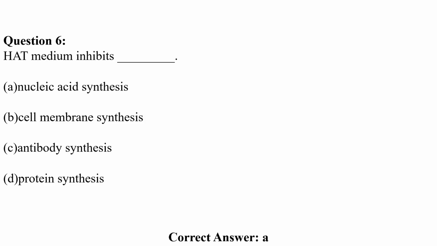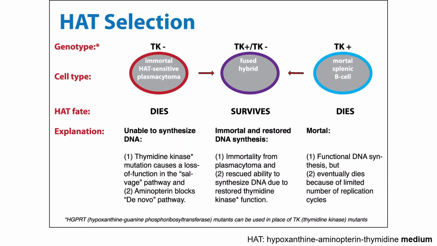HAT medium is the medium that I was talking about, that is used for selection of hybridomas during the process of making monoclonal antibodies. It's the hypoxanthine aminopterin thymidine medium. H stands for hypoxanthine, A stands for aminopterin, and T stands for thymidine. This medium has aminopterin, right? So aminopterin can inhibit the de novo pathway of the